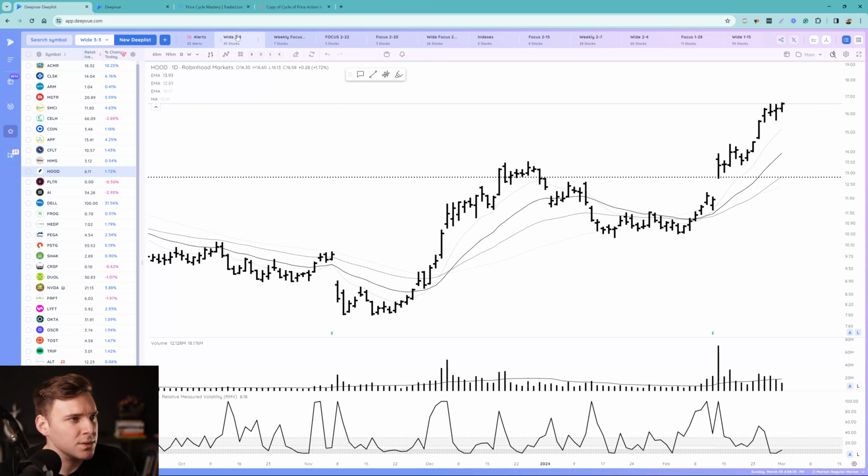So this is my wide list. From this wide list, I then narrow it down to, on that week, if I'm looking to add exposure, if I'm not already completely invested, what are my top ideas that could be setting up very imminently within the next few days? So I go from that 40 or so list, and this can be bigger, smaller, depending on market conditions, to a weekly focus list of about 10, 15 names